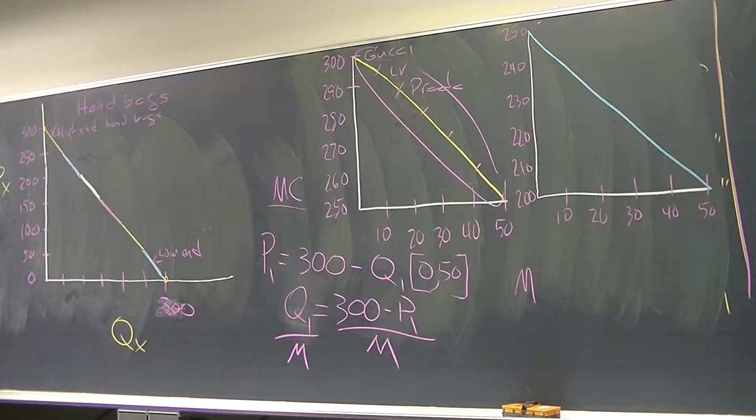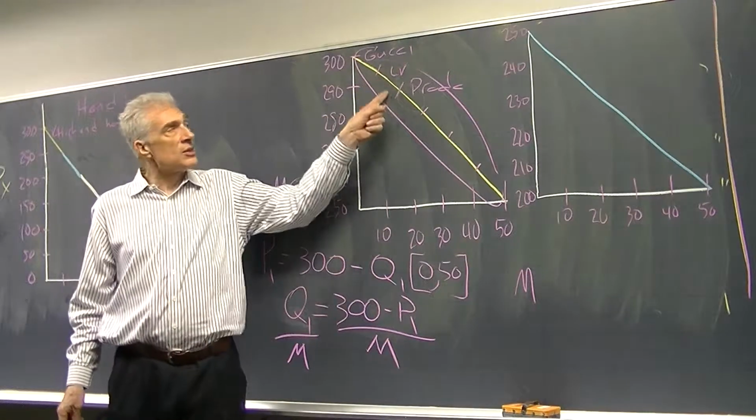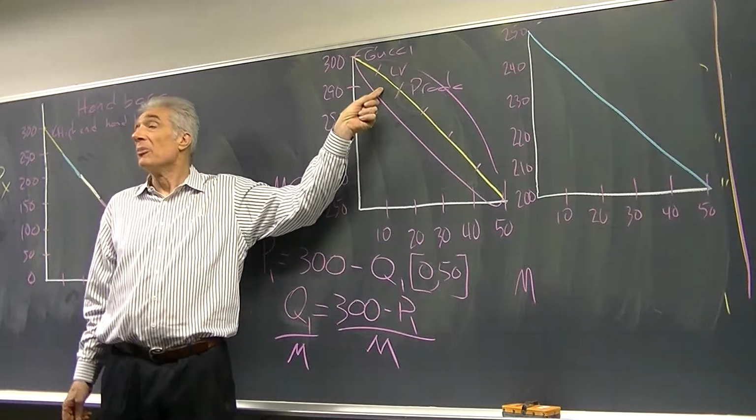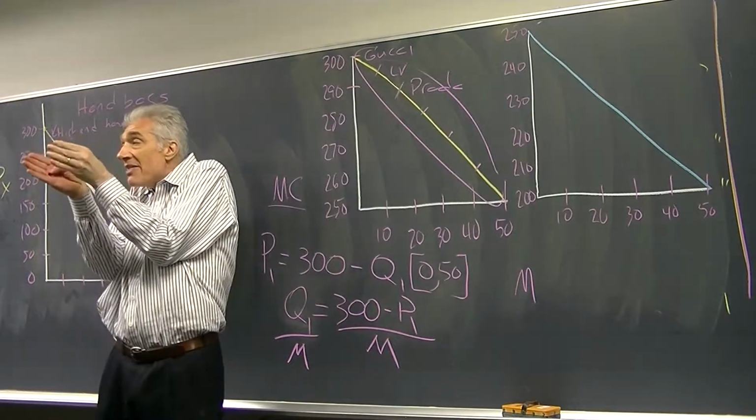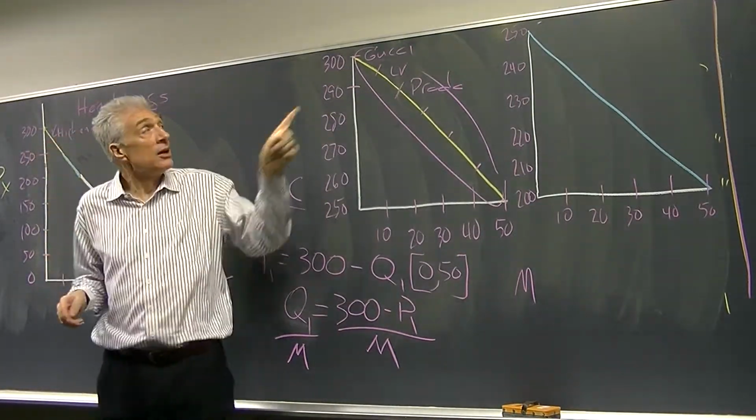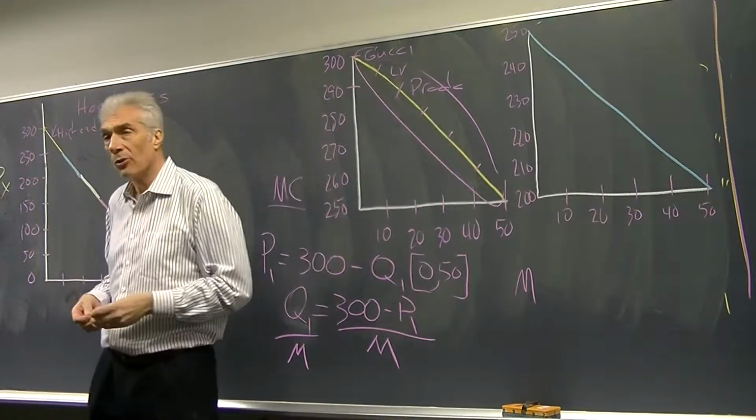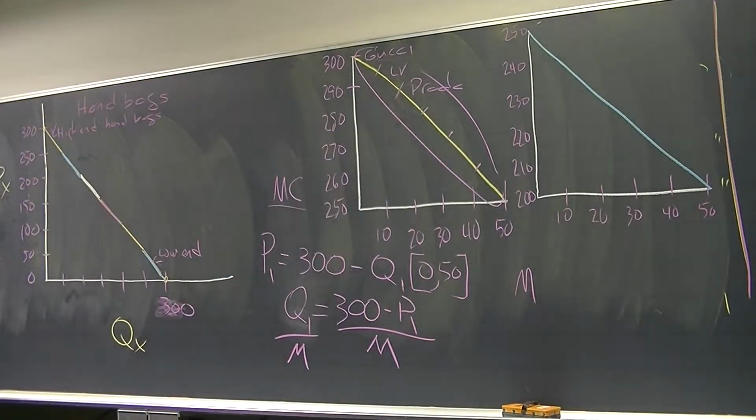Or you could just say, to get it fine enough, that there's a single firm which has a monopoly, and that it occupies that little segment of the demand curve. You could do either one. Either one would work. So that's a way to think about what monopolistic competition is.